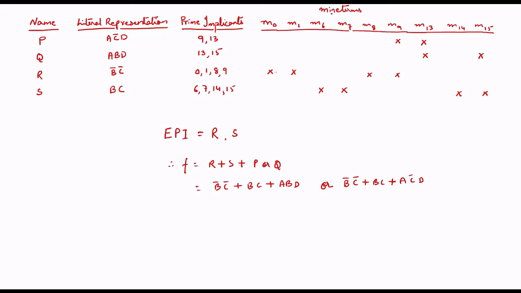Now what I will do, I will take the min terms, and the values given in the question, that I am putting over here, that is M0, M1, M6, M7, M8, M9, M13, M14 and 15. Okay, once I have done this, as per these values I'll put the cross mark. So 9, 13, you can see over here, the first one I am putting below 9 a cross, below 13 a cross. Accordingly 13, 15 I have crossed, then 0, 1, 8, 9 I have crossed, then 6, 7, 14, 15 I have crossed. Once this is done, this table is over.